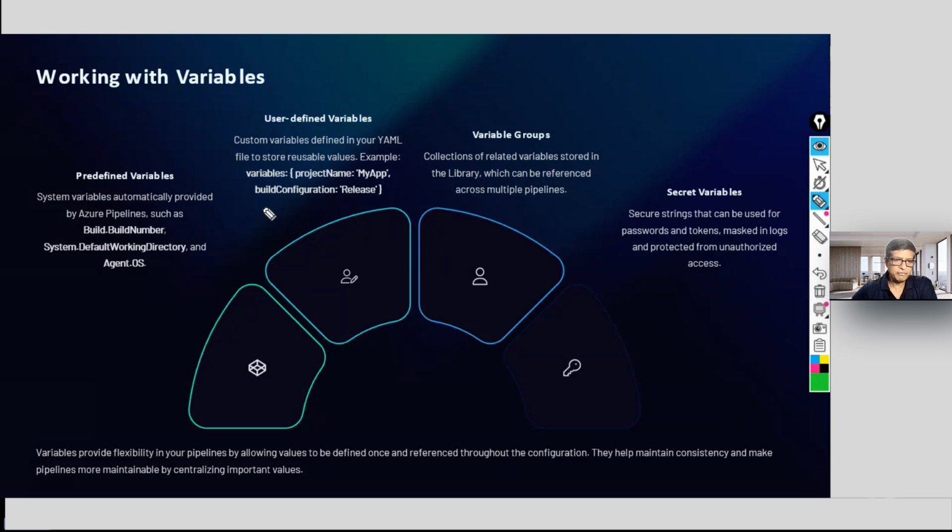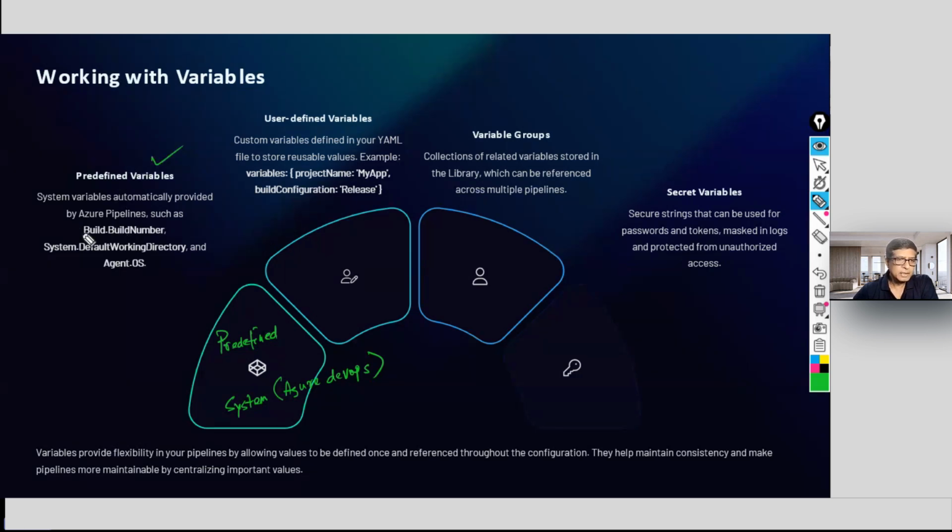The predefined variables. What is predefined? It is nothing but what is already defined by the system, that is Azure DevOps. For your convenience, it has many variables defined.